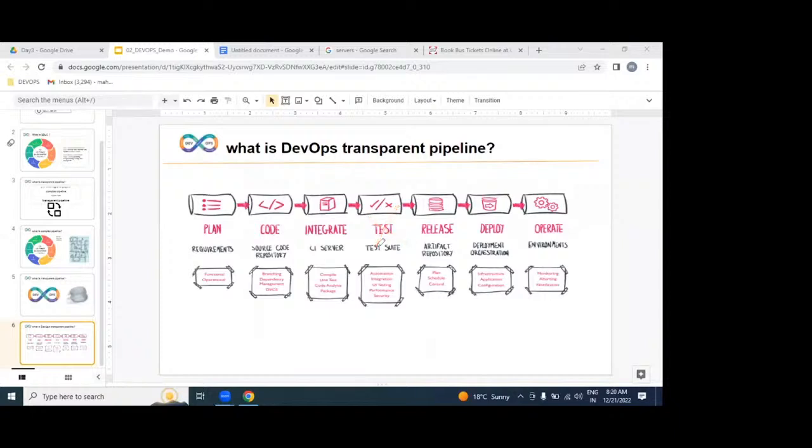No. But as a DevOps engineer, what are we going to be doing, guys, please? Just implementing an automated, transparent pipeline. While implementing this automated transparent pipeline, make sure you deliver the working software, which is written by the developer, into the production environment within the shortest time, with high quality, with low cost, with a low failure rate.